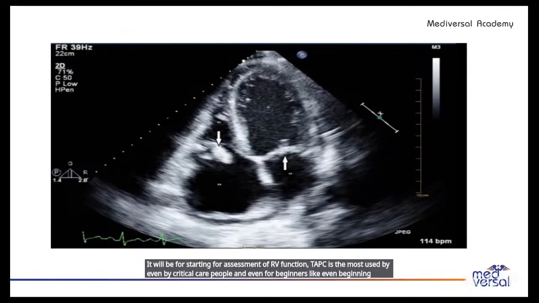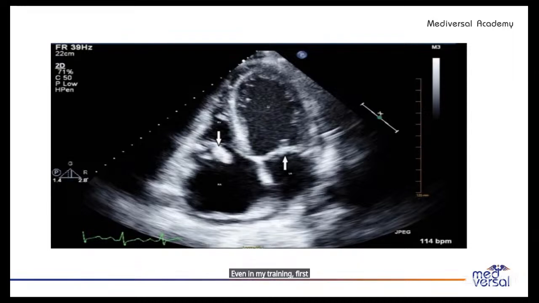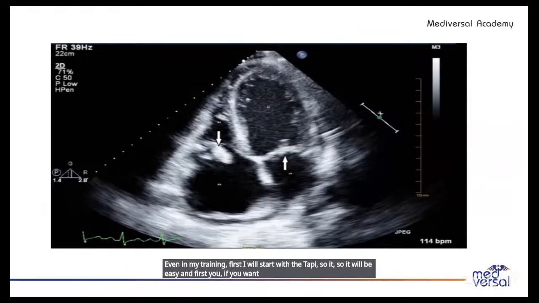In general, TAPSE is the easiest to measure compared to all other measurements. Even in my training, I first started with TAPSE, so it will be easy. If you want to start the assessment of RV function, it is better to start with TAPSE. And after that,